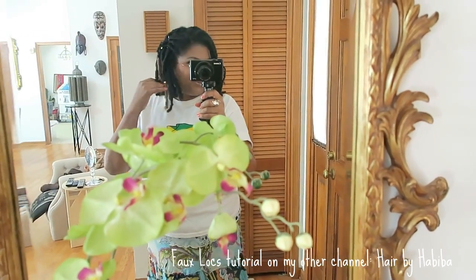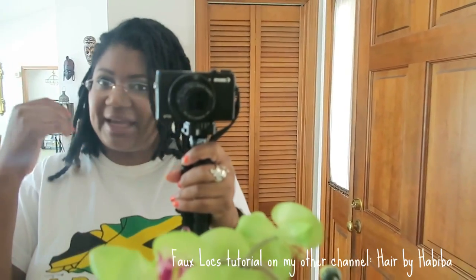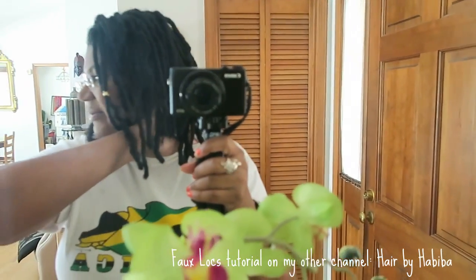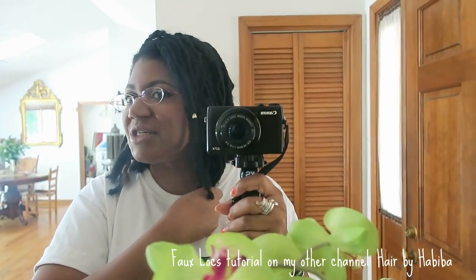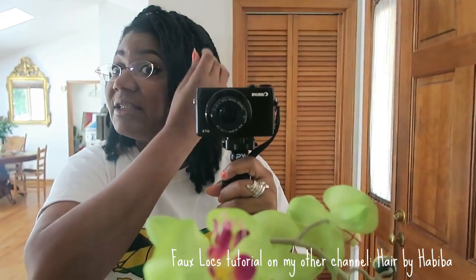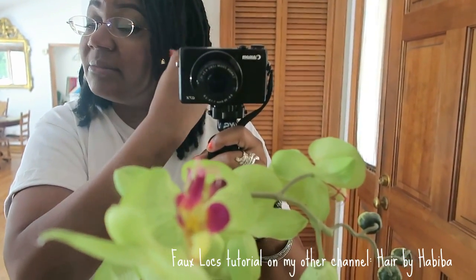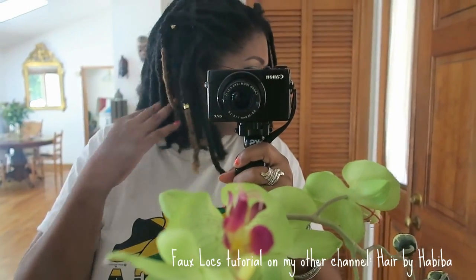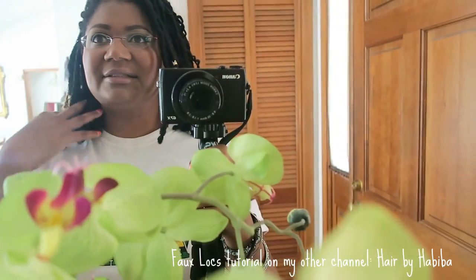But anyway, I wanted to show you, if this will get in focus, my hair. So I haven't done anything new except I cut them. Can you see? I cut them to shoulder length, or basically just above my shoulders, which is what my natural hair is. And actually you'll see I took out some of the locks. So some of these are actually my natural hair twisted. Can you see? But I thought it was kind of cute, so I'm gonna go out like this today,